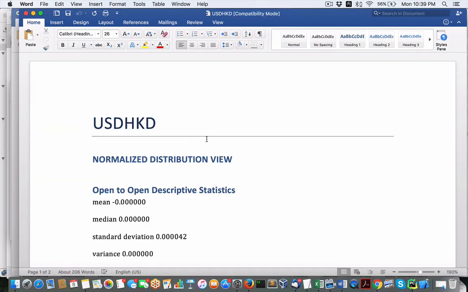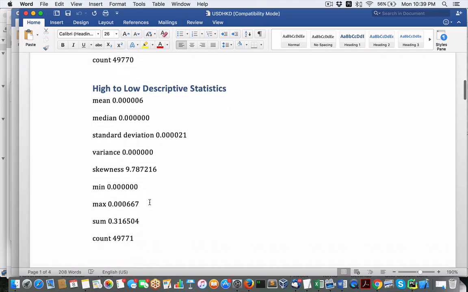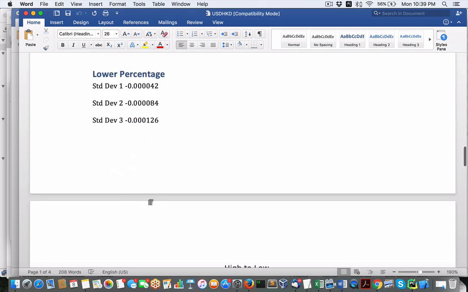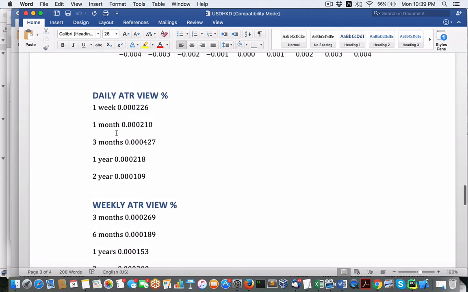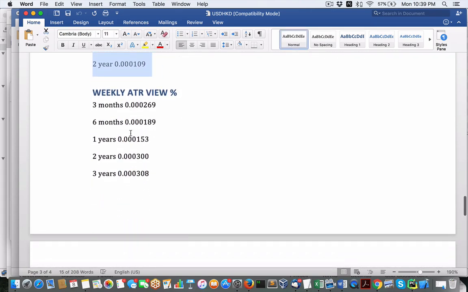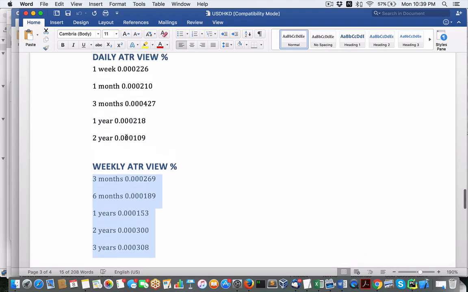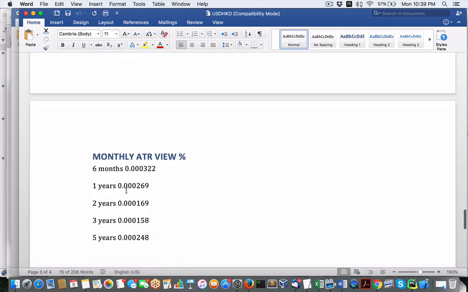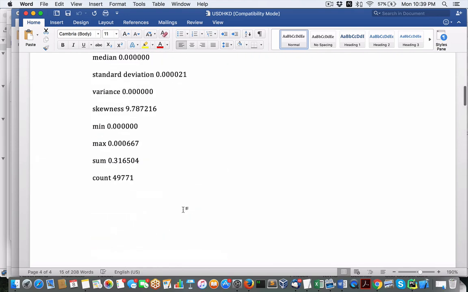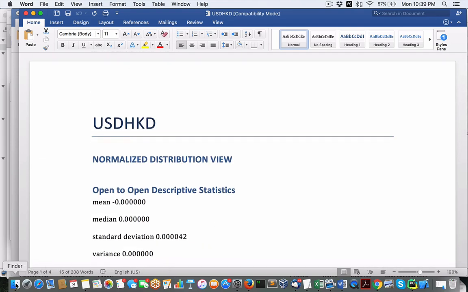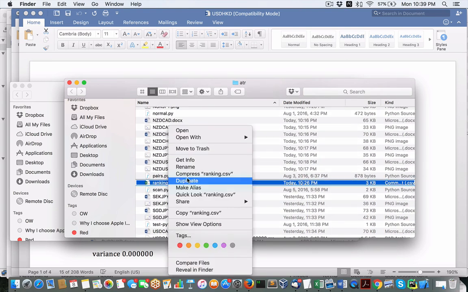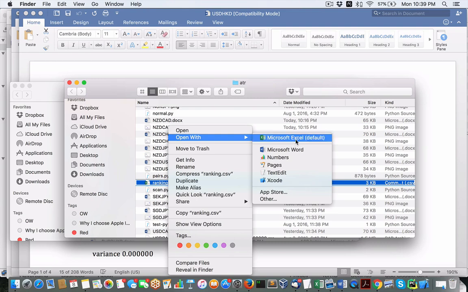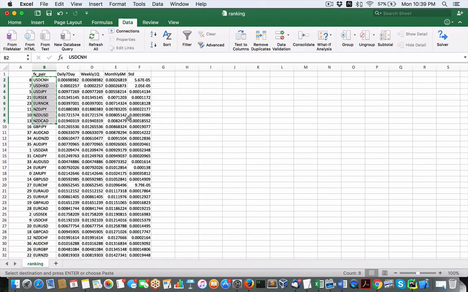Okay, so here's the typical stuff that I've shown before in the previous video. Basically, this was always negative, so I think this should be hopefully correct. These are the ATR view daily, for weekly and monthly. And the big change is really the ranking file right here, which gives a ranking of all the